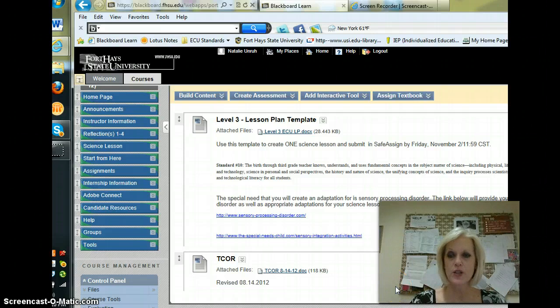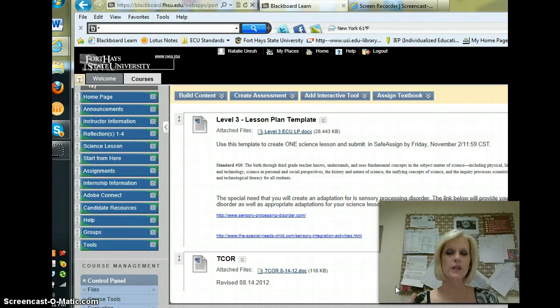You need to give this to your mentor teacher prior to. I don't think you should just spring it on her when it's time for her to be doing your evaluation, and let her know what we're looking for. You might explain to her that this is a data collection point, that we have to use this form, and that we use it from early childhood all the way from K to 6 and up to secondary.